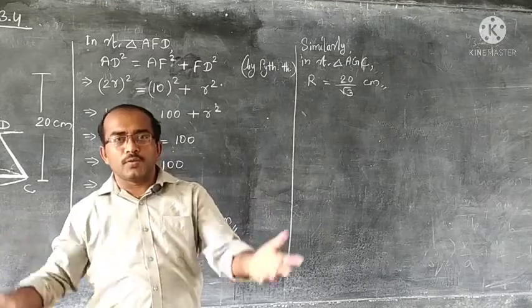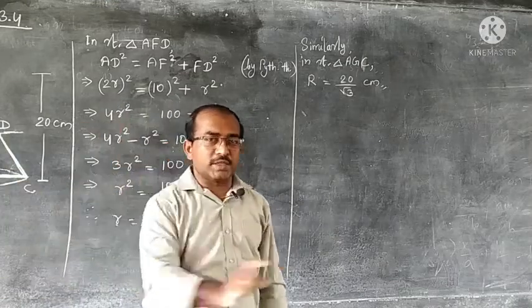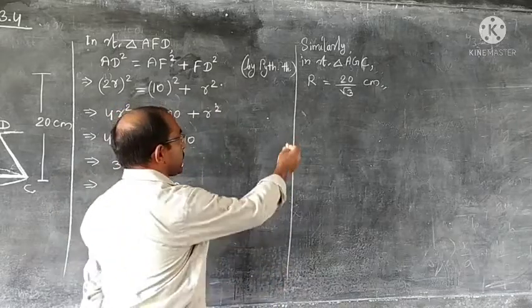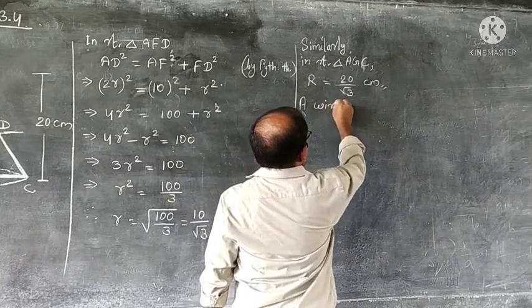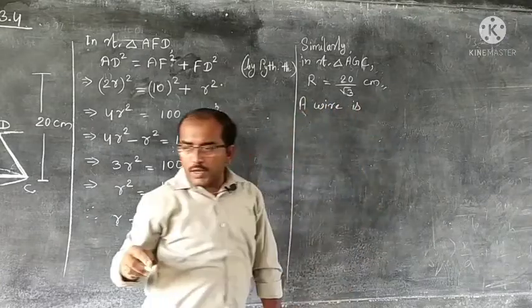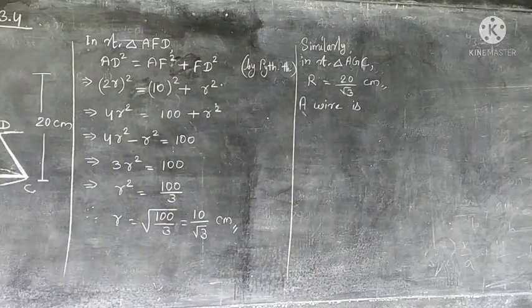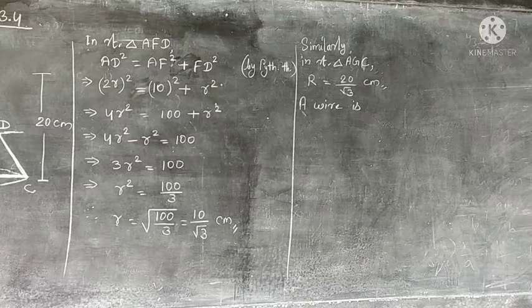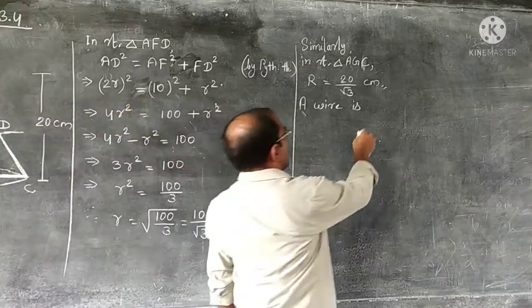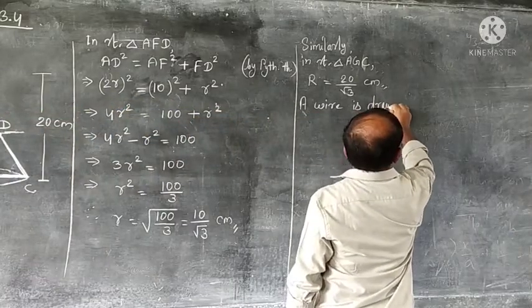So how long will the wire be, if the diameter is 1 by 16 centimeters? So let's start. A wire is pulled. If the frustum so obtained be drawn into a wire. Okay, so a wire is drawn from the frustum.